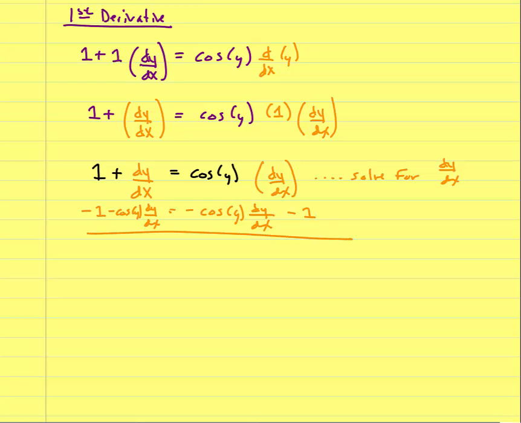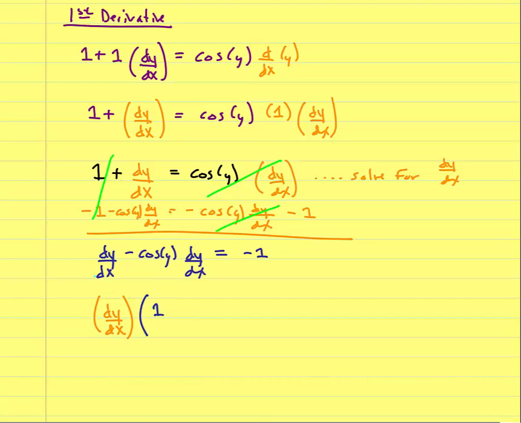Good old algebra. Okay, so everything cancels here and here, and I very carefully need to write what I have left. I have dy/dx minus cosine of y dy/dx equals -1. So I can see that my common factor on the left hand side is that dy/dx. If I factor out dy/dx, I'm left with 1, because I factored the dy/dx away. There's an implied 1 remaining there, minus cosine of y